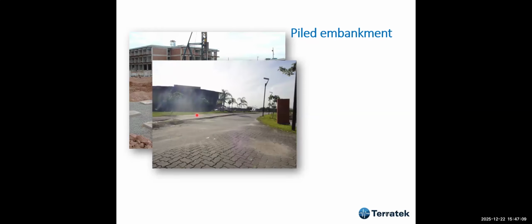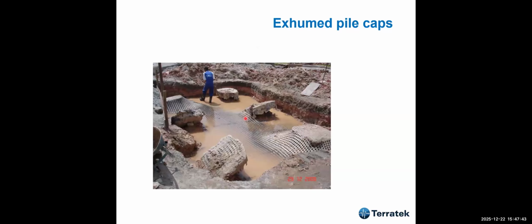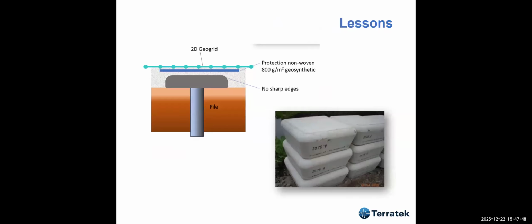And soon after, something very weird occurred. Then this friend of mine invited me to come to the site, and I saw the pavement was like a roller coaster, where it was up over the piles and down in the middle between the piles, etc. He asked me to help him find what went wrong. We did an excavation, and what we found was that all the geosynthetic was torn out. Okay, it was a complete disaster. All the geosynthetic was torn. And it was a big lesson.